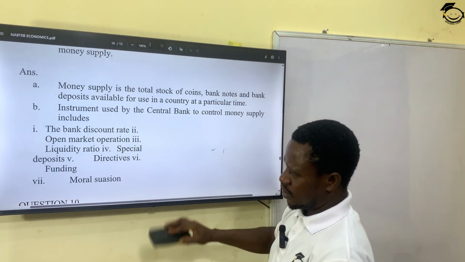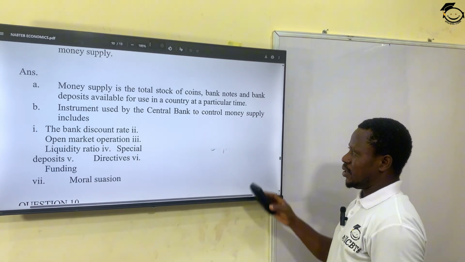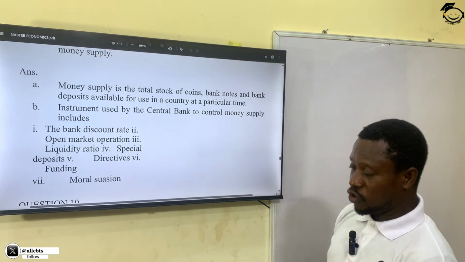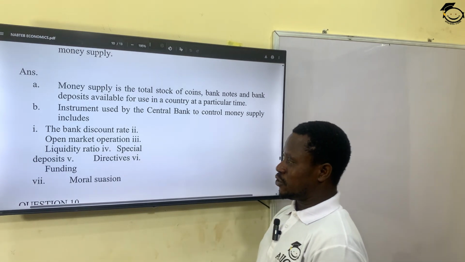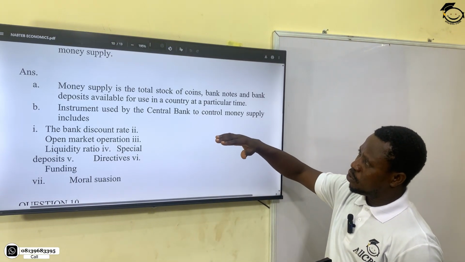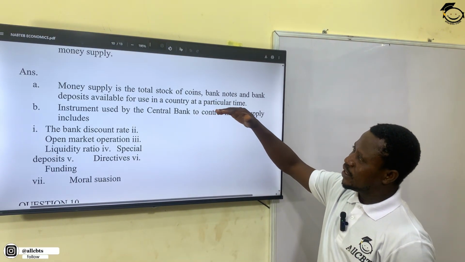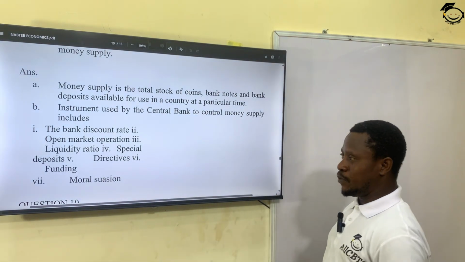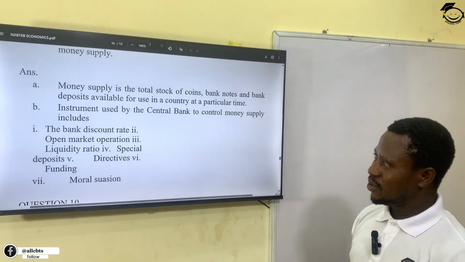There will also be special directives, okay, on monetary policies by the central bank. There will also be funding. They can demand commercial banks to make some funding available so as to reduce the volume of money in the hand of commercial banks. When it's reduced, they also have less to give out to the consumer, to the people outside. Monetization,